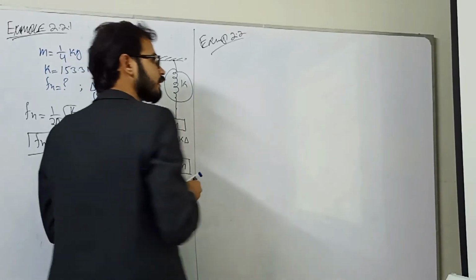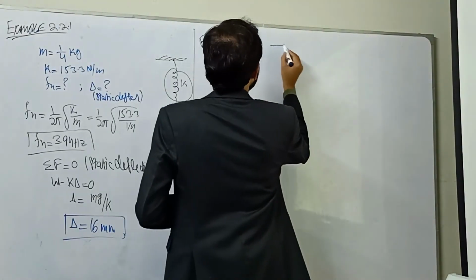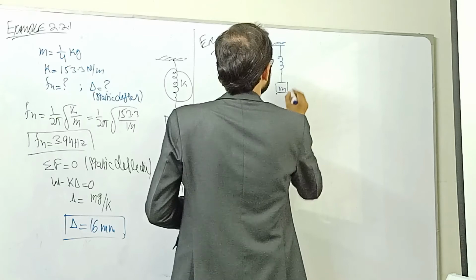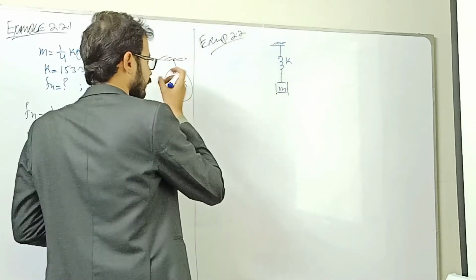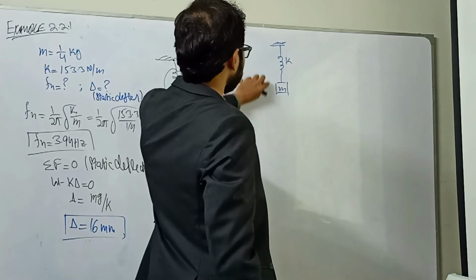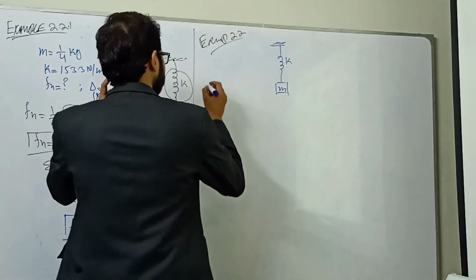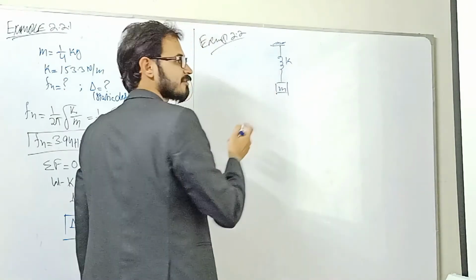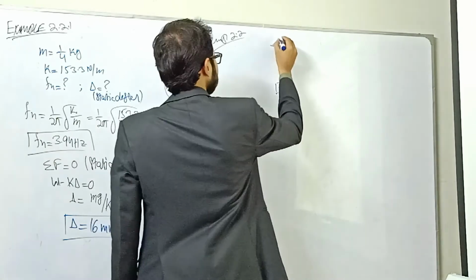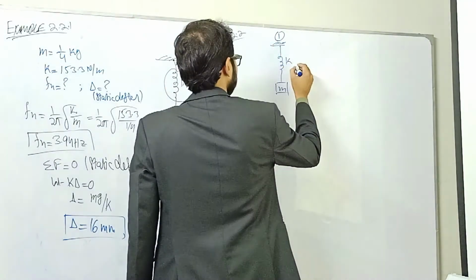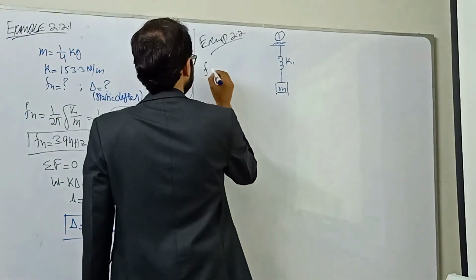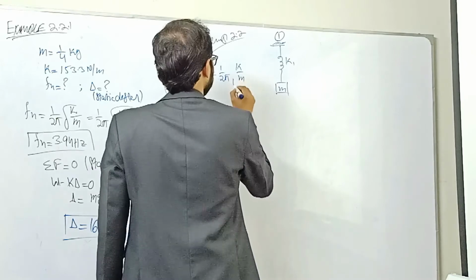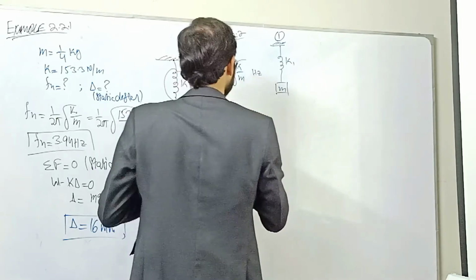So it is provided that initially we have a mass spring element. This block is suspended from the elastic element, and the mass of the body is constant in both cases. This is case 1. In case 1, stiffness is K1. So the initial natural frequency F1 is equal to 1 divided by 2 pi times the square root of K1 over m hertz. So this is the first case.